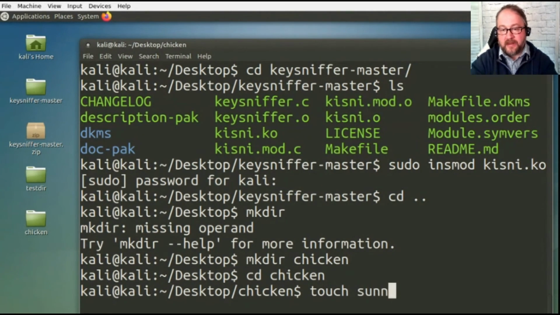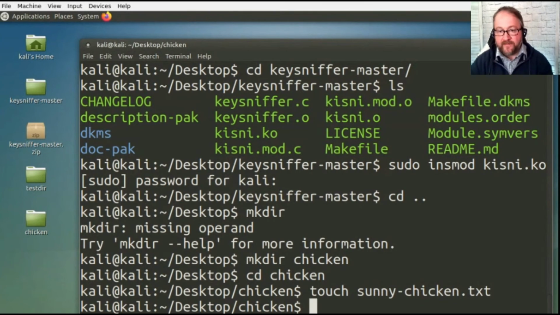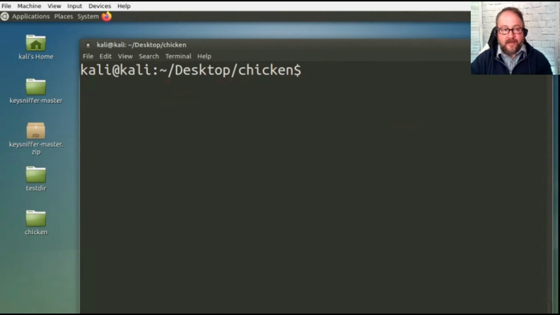So touch space sunny-chicken.txt this time. Okay, got an empty file. I do an ls. I clear because there's too much stuff here. Now, let's say I just want to talk about how awesome the class is, and I want to say, hey,